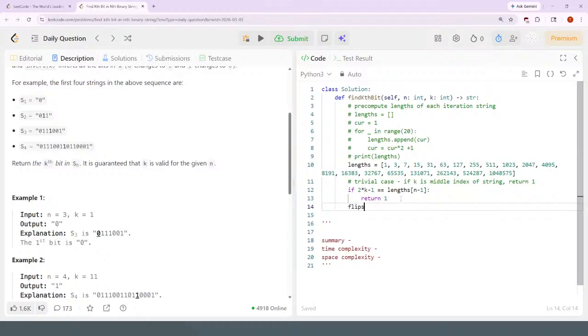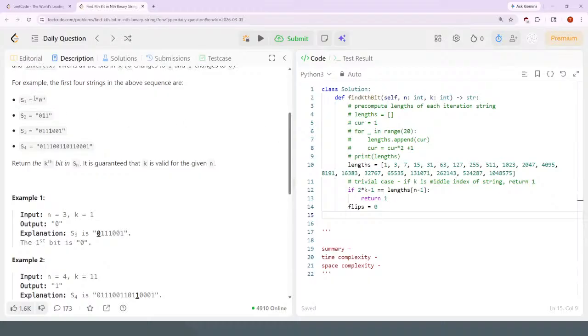So I think I need to do something like flips, where flips is the number of times it needs to invert itself. And if it inverts itself an even number of times, then the answer is going to be 0. And if it inverts itself once, then the answer should be 1, because 0 inverted an even number of times is going to be 0. Okay, so